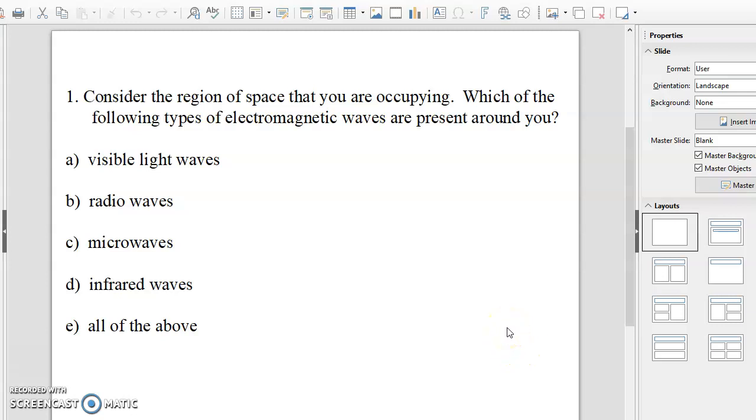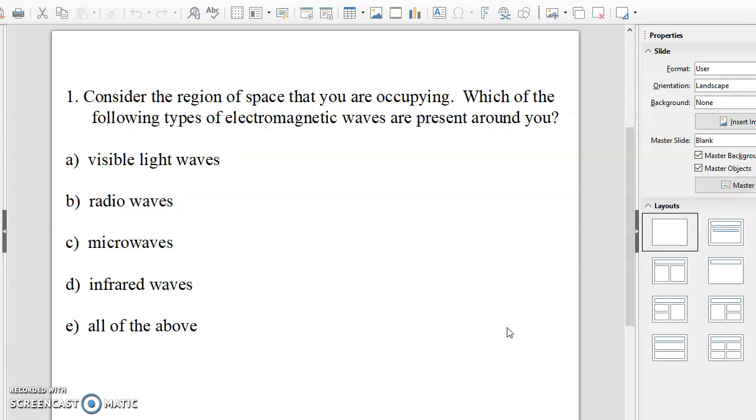Okay, we're going to continue on with the presentation on Chapter 33. And these are the questions that were at the end of those overheads that you answered. I want to make certain I go over them so that there's no misunderstanding about any of them. It does take a bit of thought, but I think it's important in order to understand the concepts that we're